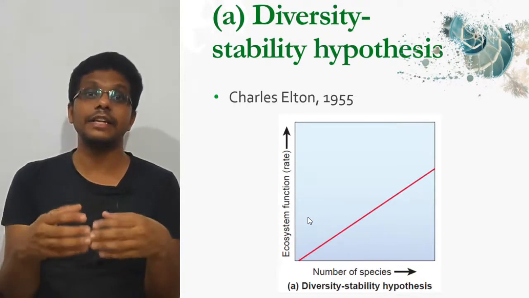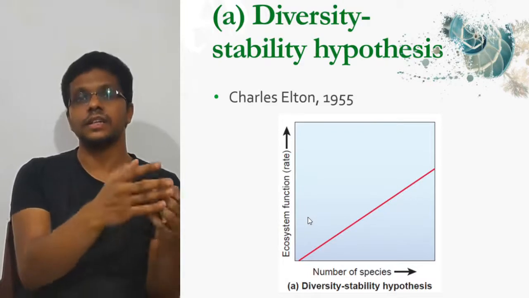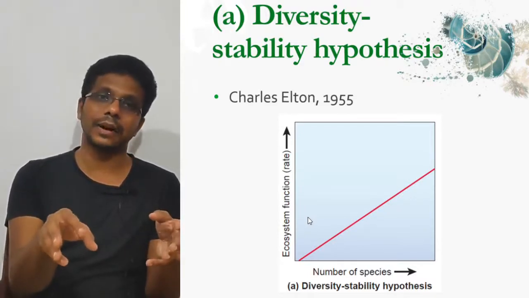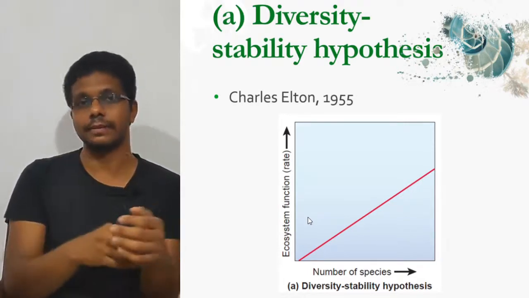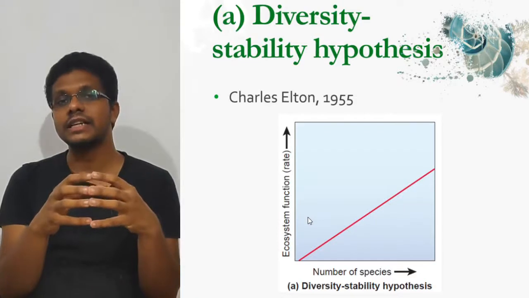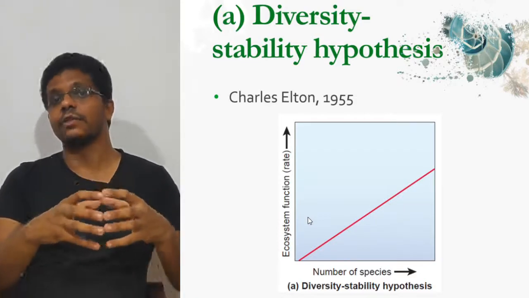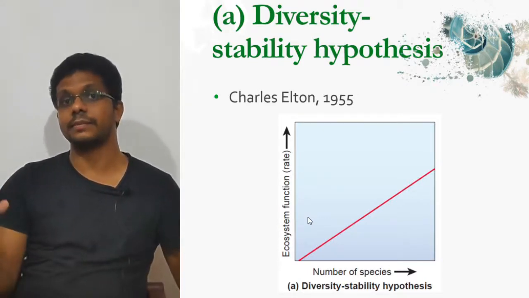The resilience is the ability to come back. If an adverse situation occurs, like a drought, and most of the community has been wiped out, but from the existing species, it is able to rebuild the community. So, community stability is the resistance and resilience of a community. So, if we have more biodiversity, the community will be more resistant to adverse changes and it will become more